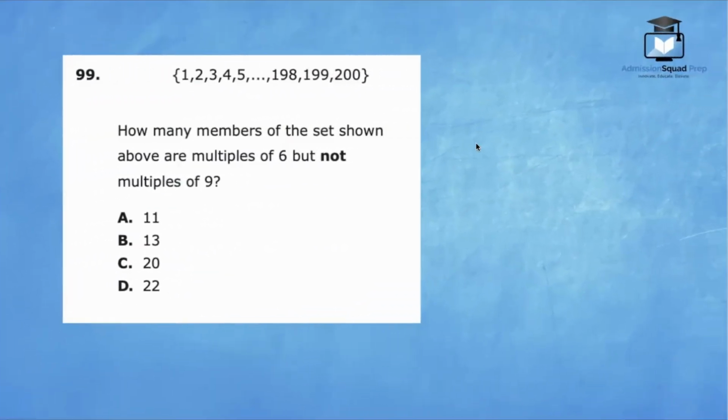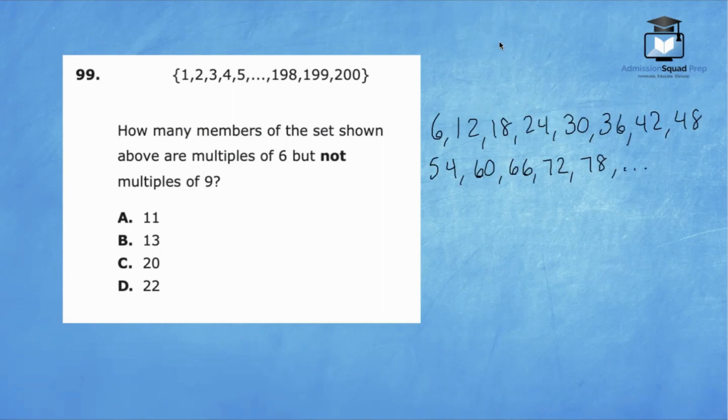Number 99. How many members of the set shown above are multiples of 6, but not multiples of 9? Let's assess the behavior of these numbers and see if we can find a pattern. The set consists of the consecutive integers from 1 to 200. Let's write out the multiples of 6 to see if we can find a pattern. Now that we have the multiples of 6, we need to identify which of these multiples of 6 are not